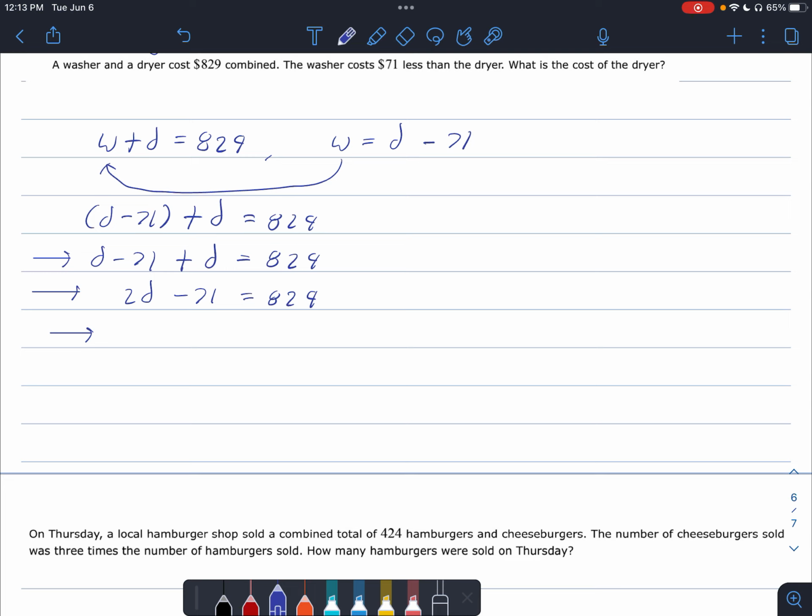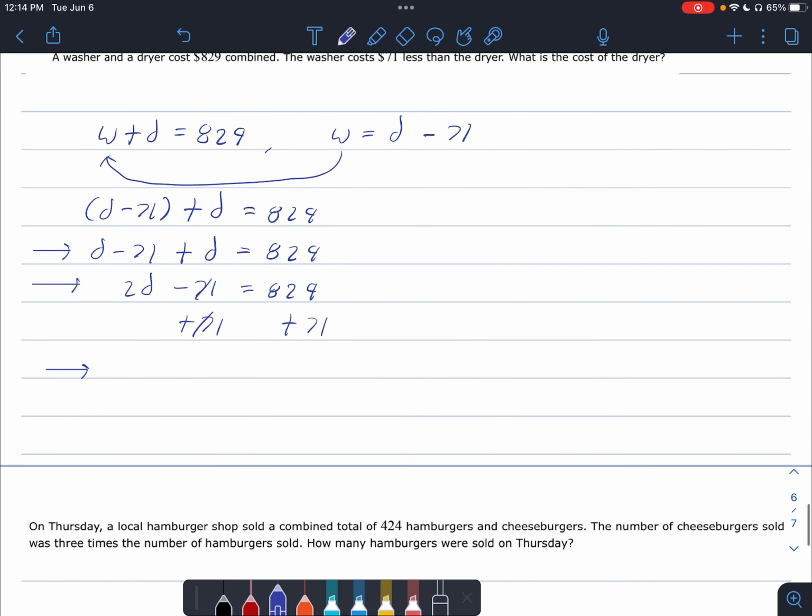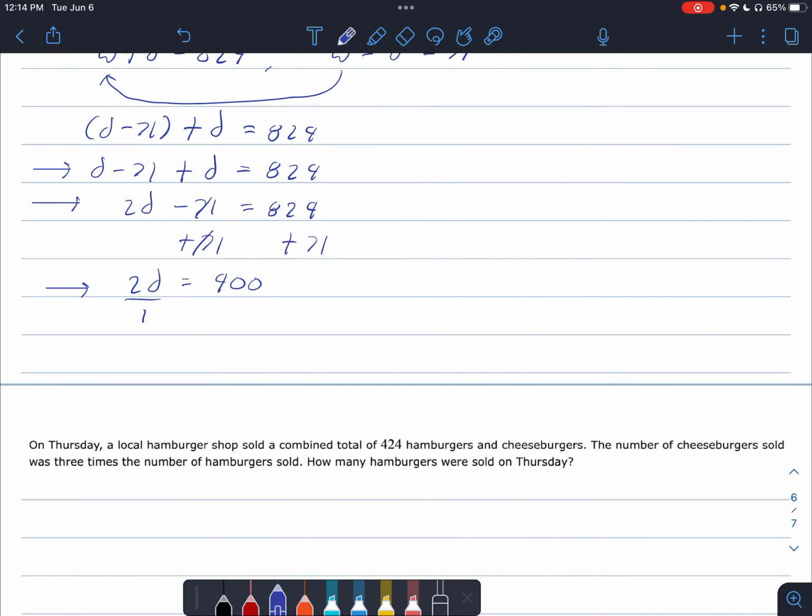Next, what we can do is add 71. That'll allow us to cancel 71 here. Now we have 829 plus 71, which gives us 900. So we have that 2 times D is equal to 900. We can go ahead and divide both sides by 2, and that'll give us that